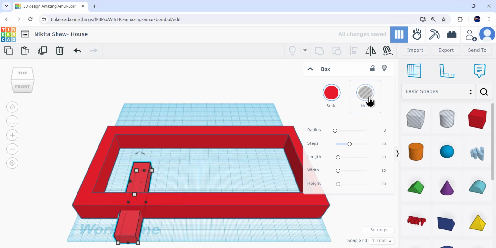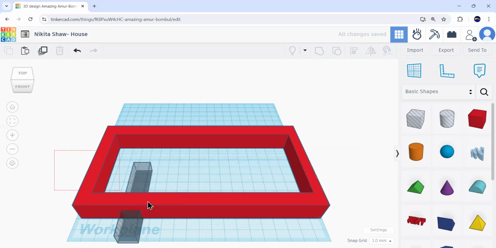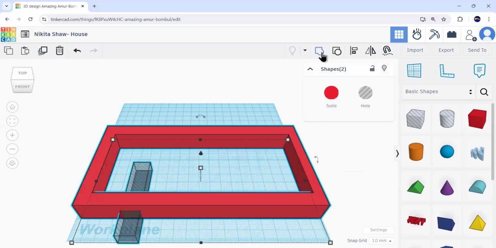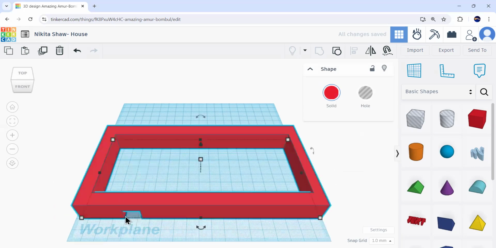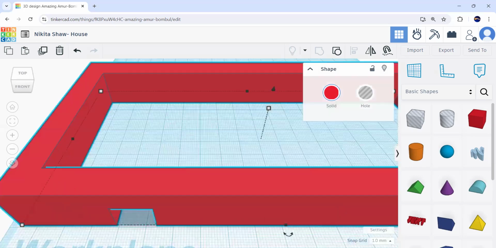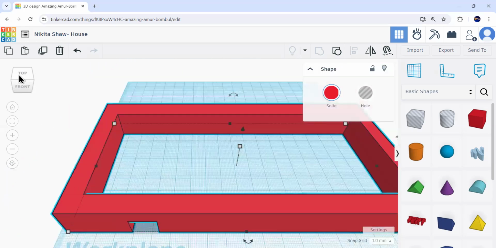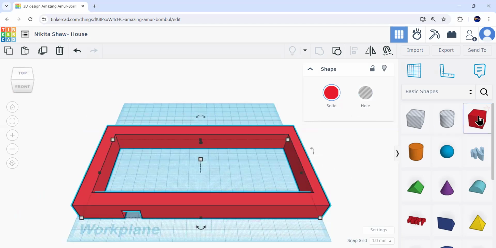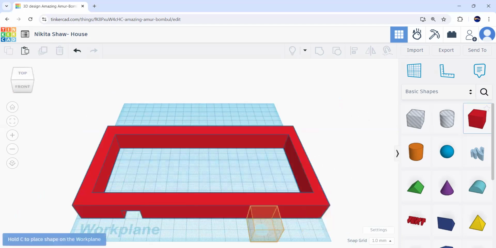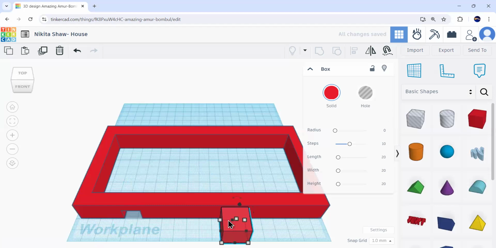Now we will again click on the hole option to make it transparent and create a cavity like thing. Okay. So again, click on the white space and then select the entire image and click on the group icon. So this makes our door complete. If I zoom into this, we can see that the door is complete, right? So the next step is to create a window. So we'll again bring this box over here, change the dimensions as per our preference to make it look like a window.